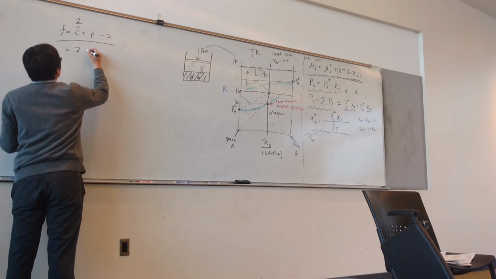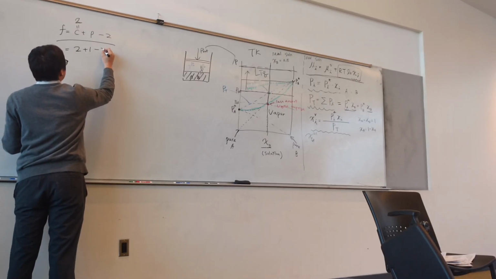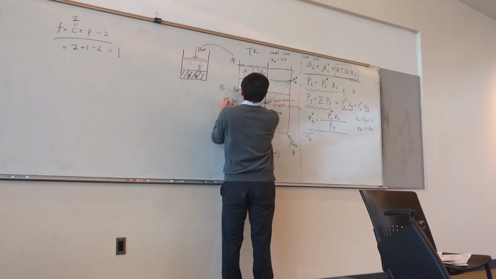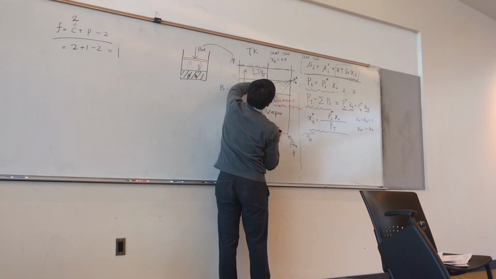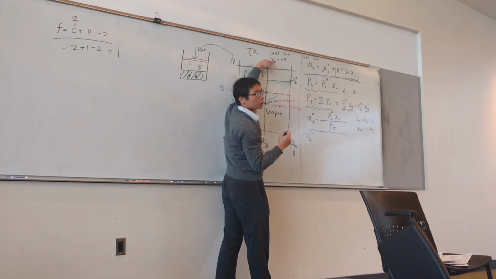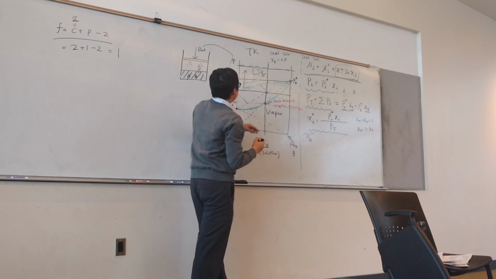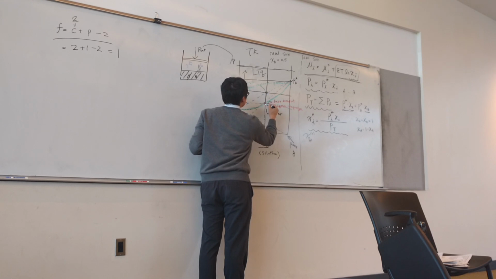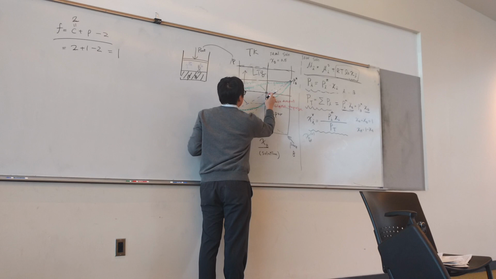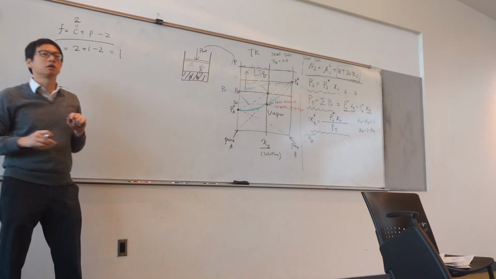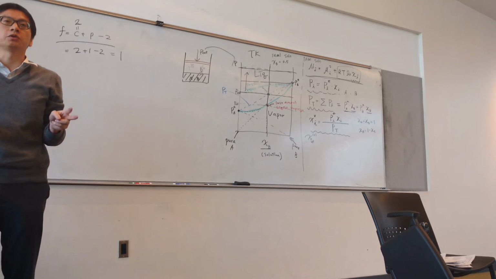So it will be 2 plus 1 minus 2, which equals 1, for the pressures above this point. But if I am asking about a pressure between these two points, any pressure between these two points will make your system exist in a two-phase condition, which means you have your